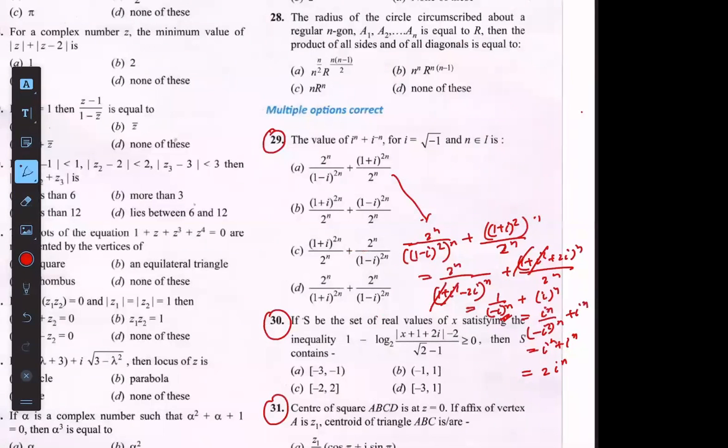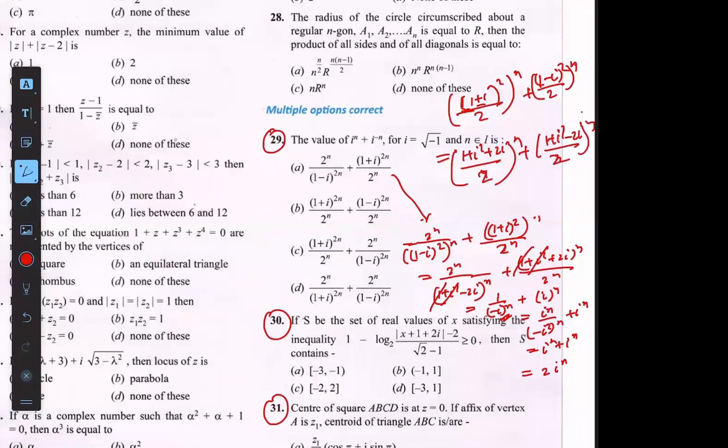बी ऑप्शन में जैसे ही करें तो हम इसको ऐसे लिखेंगे 1 प्लस आई बाई 2 इसका होल स्क्वायर होल पावर n, सेकेंड वाला 1 माइनस आई बाई 2 का होल स्क्वायर होल पावर n, ठीक है ना? स्क्वायर ओपन कर दो तो आएगा 1 प्लस आई स्क्वायर प्लस 2i बाई 2, ये 1 प्लस आई का होल स्क्वायर बाई 2 है, ये है 1 माइनस आई का होल स्क्वायर बाई 2 होल की पावर n, तो ये हो जाएगा 1 प्लस आई स्क्वायर माइनस 2i बाई 2 की होल पावर n, कैंसिल आउट होगा 2 भी, तो ये आ जाएगा आई की पावर n।